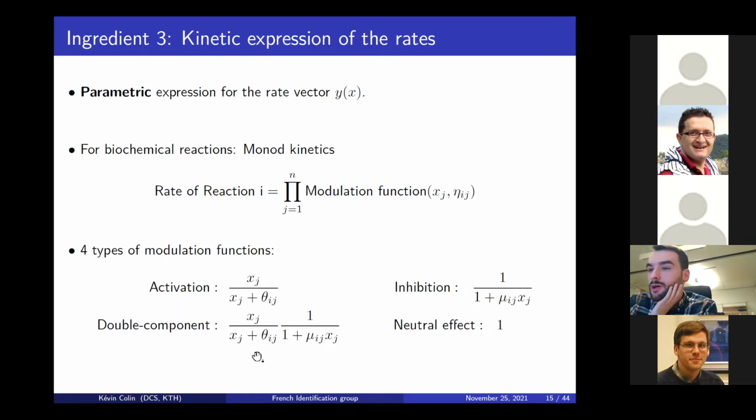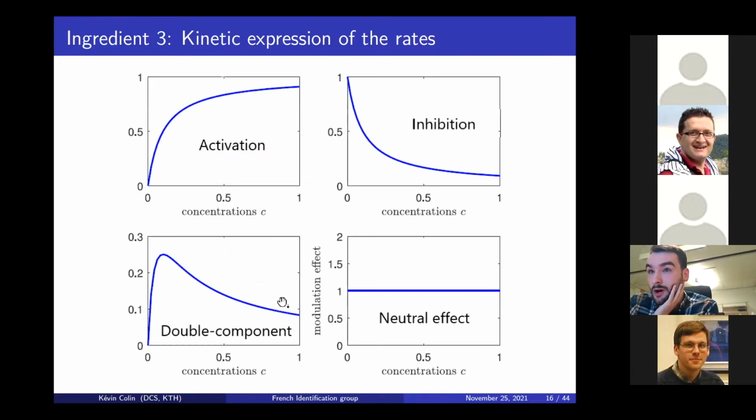So as you can see, the double component function can also model the three other ones here by putting theta ij or mu ij equal to 0. So basically the parameter vector here contains theta ij and mu ij. And so what we want to estimate are these parameters here. Okay, so in order to illustrate what activation, inhibition, double component, and neutral effect are,